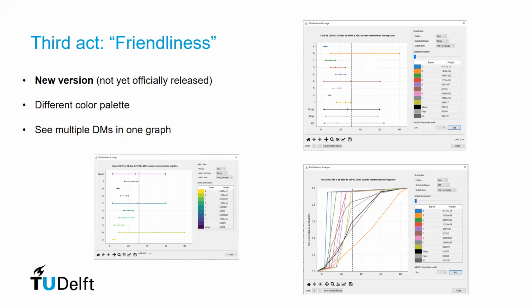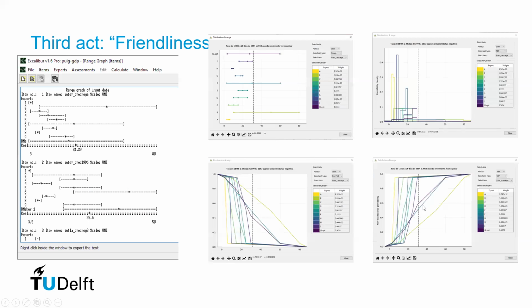Okay, but Who's has kindly continued, a lot, the development of Anduril, and he has a new version. It's not yet officially released, but if some of you are interested, Who's could send the version. What you see here is already a different color map, because especially for the cumulative distributions or the